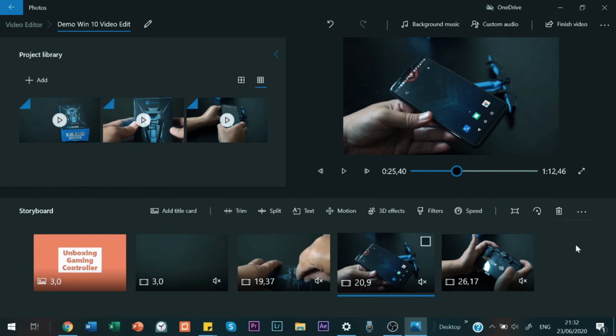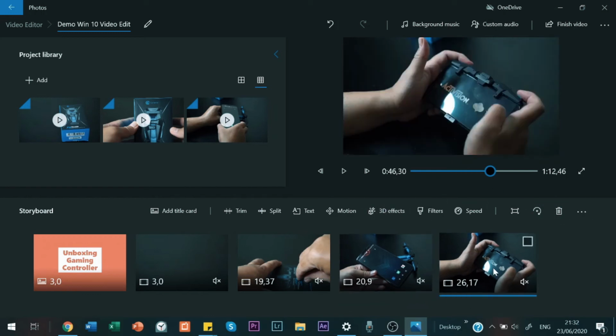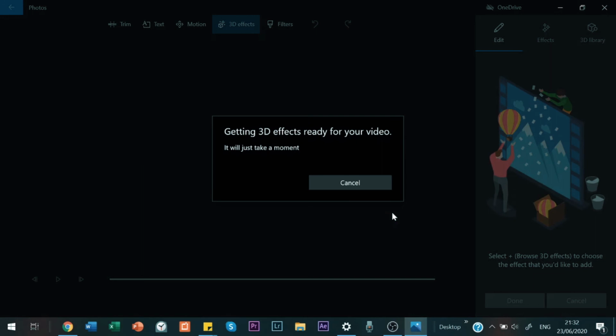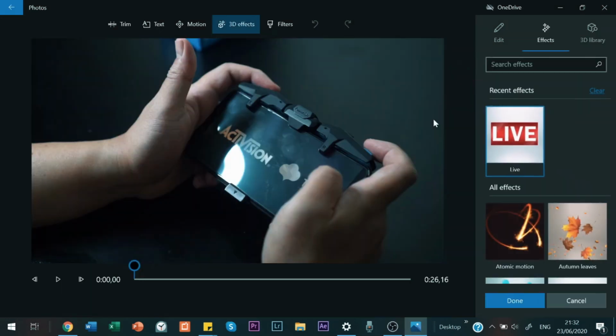And afterwards, you could also add a 3D effect. Let's say I'm going to use this footage to add a 3D effect. Don't forget to click the footage and then click 3D effects. And then it might take a while. And then since I want to have